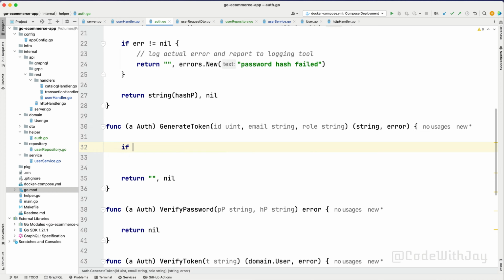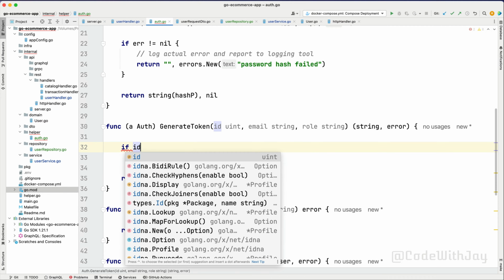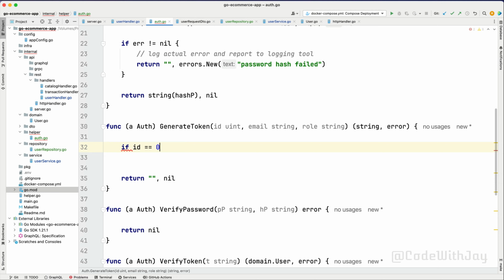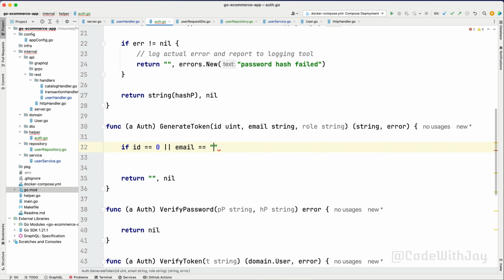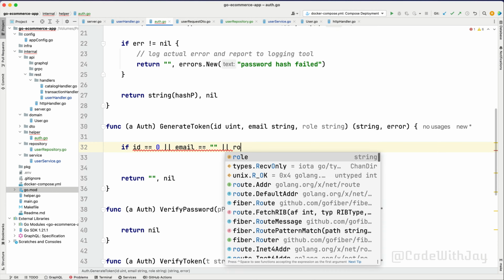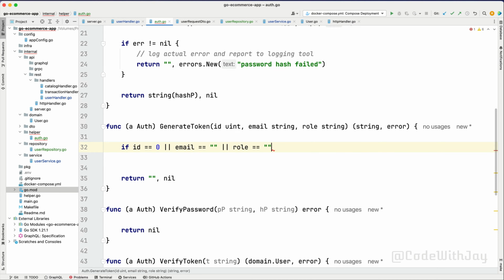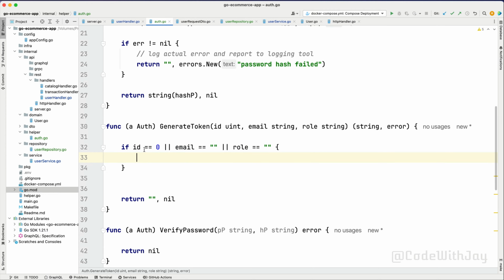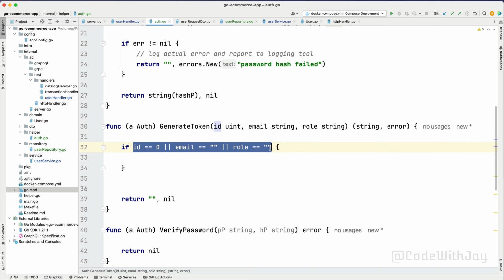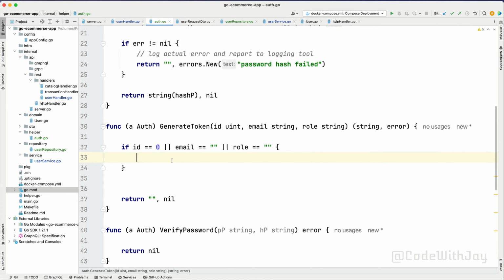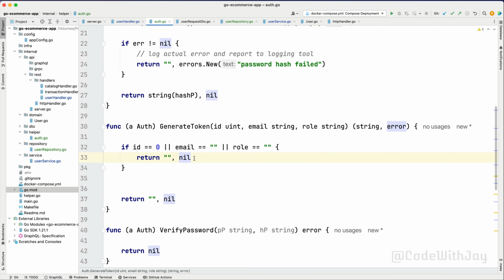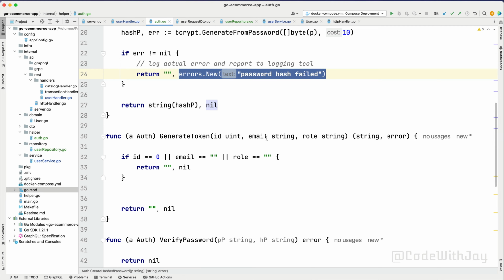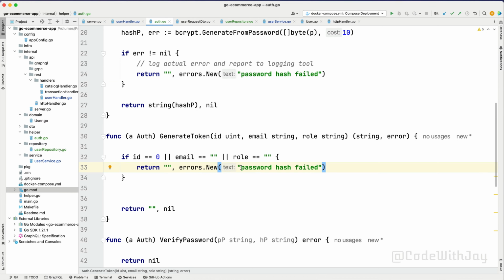First of all, we will say if id equal 0 or email equal empty or role equal empty, because if any one of them is empty, then we are not going to generate the token at all, because all the information is extremely necessary. So in this case, let's return the empty string here, and pass some kind of error also. Let's grab this piece of code and add it here, and here we are going to say